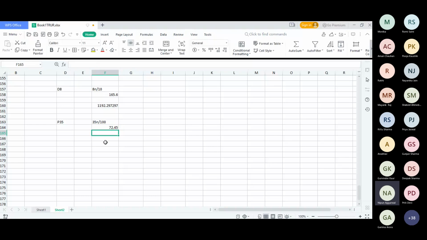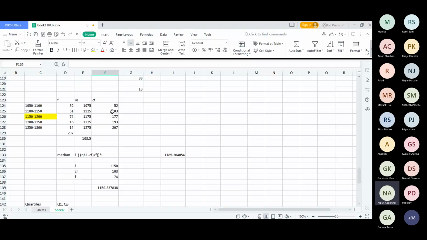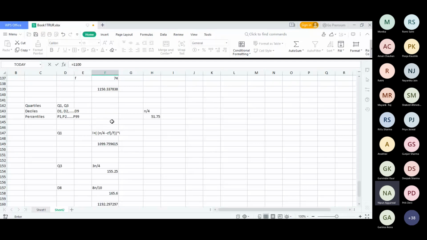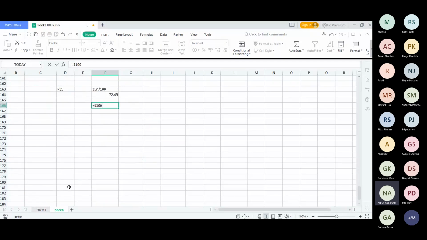So 72.45. You have to check in the data where 72.45 comes. It comes in this class. So your P35 class is 1100 to 1150. The same formula we have to apply here. L is 1100 for this class, so 1100 plus